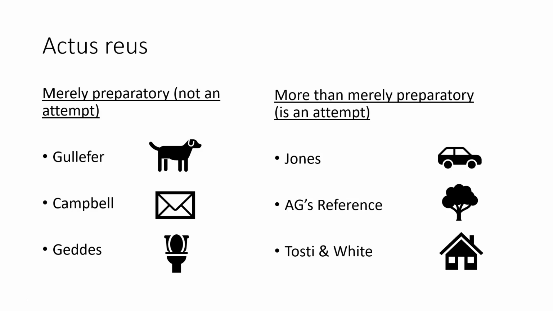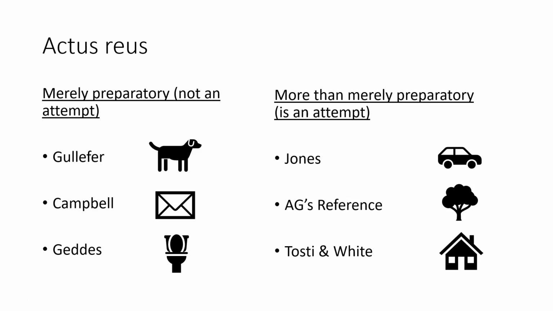The first one is Gulliver. Now Gulliver put a bet on a dog racing event. He saw that he was going to lose, so he jumped down onto the tracks and stopped the race. And the race had to be called off, and obviously in that instance people get their money back. He didn't, however, go and try and get his money back from the booth, so they said he hadn't gone beyond merely preparing, he hadn't moved beyond that stage, because actually to get to that stage he would have needed to go and try and get his money back. Just stopping the race was still in the merely preparatory phase of attempted theft. It wasn't actually enough to be an attempt.